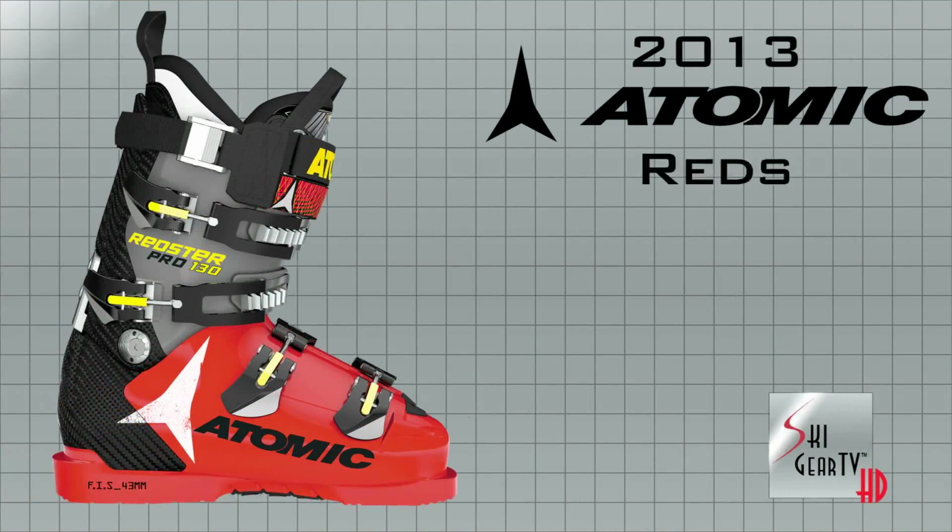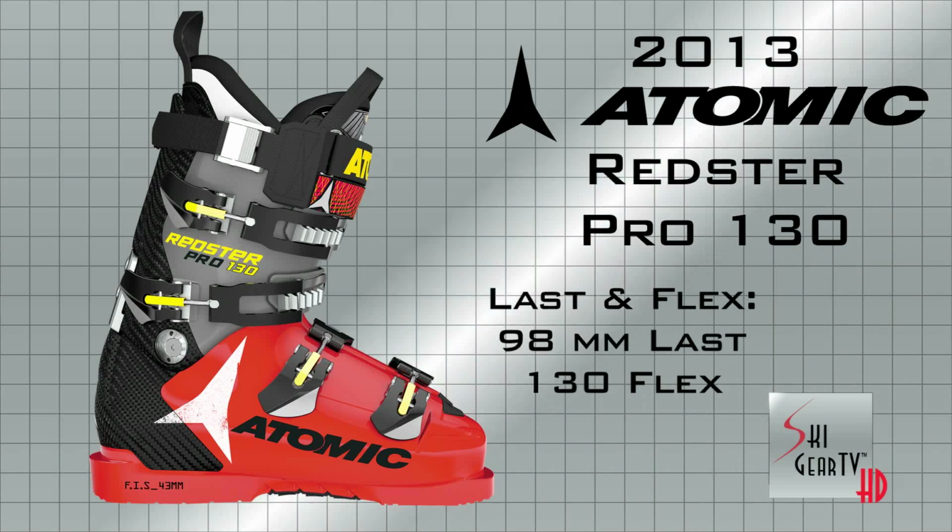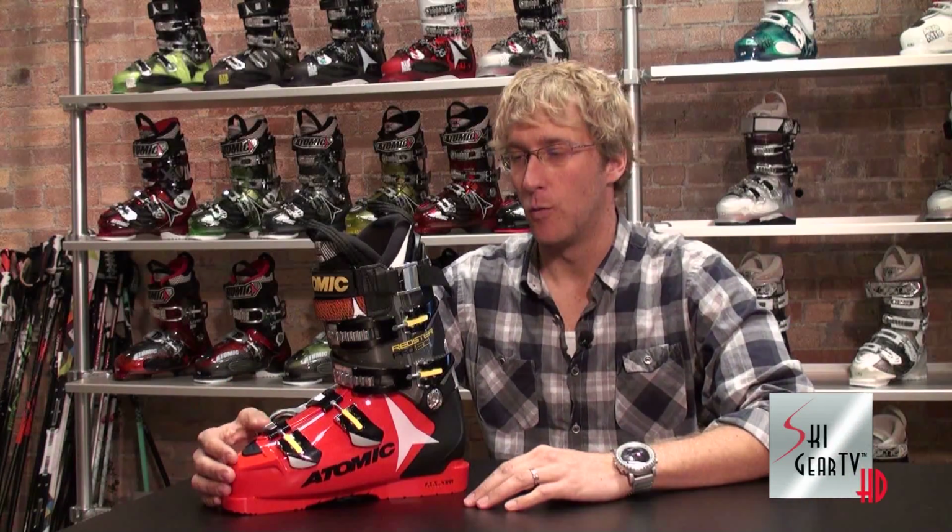The Redster 130. Obviously, if you're going to create a new boot, you might as well start with a whole new last, right? A new shape. We obviously have amazing World Cup technicians. We have guys working with grassroots and US ski team athletes. Where are the spots in the boot where they're constantly grinding, stretching, shaping to accommodate those athletes' feet in these really high performance products? So that was the first thing we addressed,